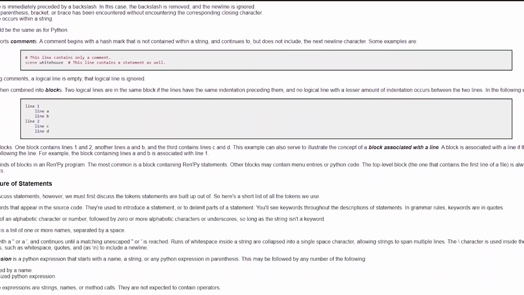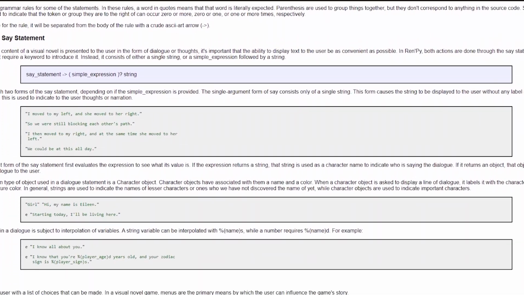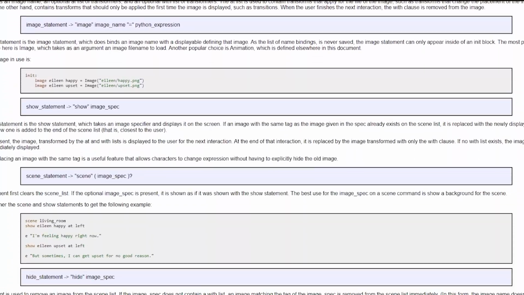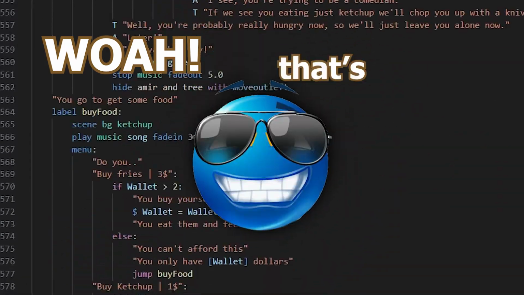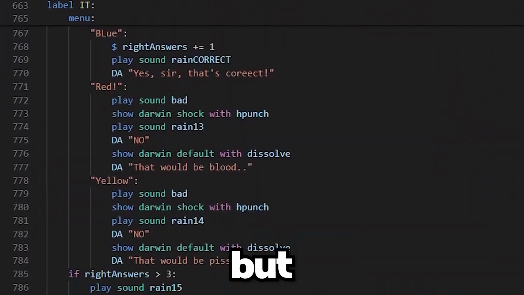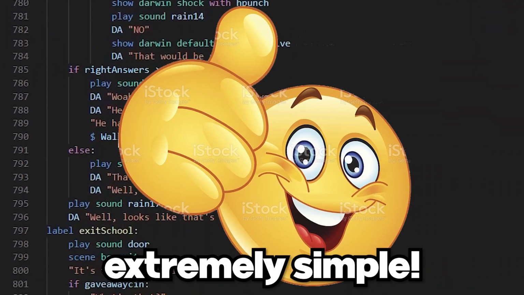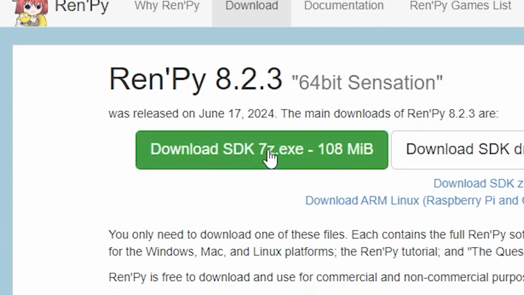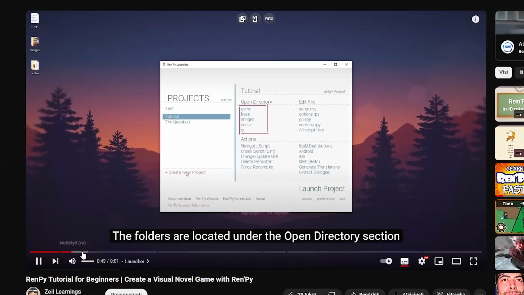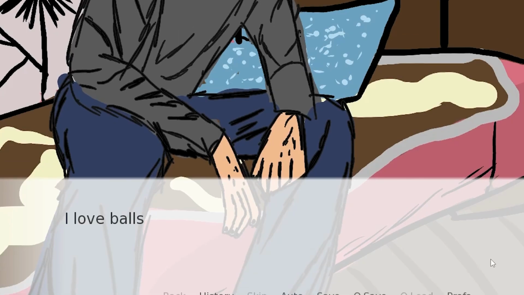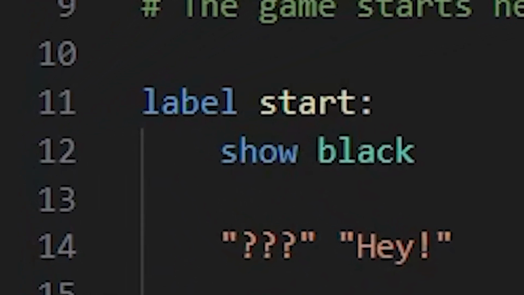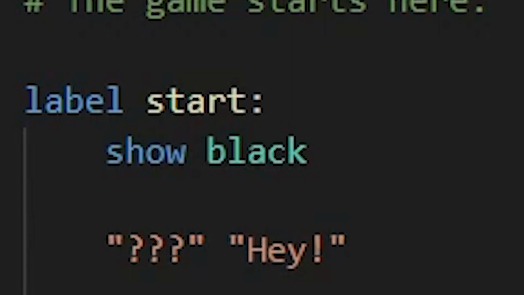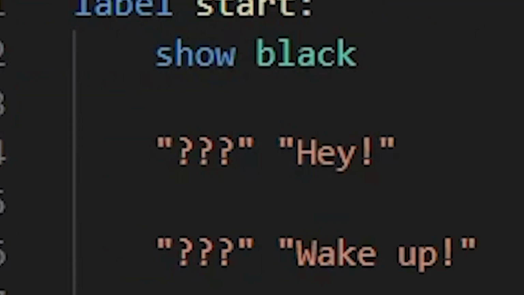Well, sort of code. The Ren'Py code is a very simplified version of coding and not hard to understand, but still, if I zoom through it like this, you'll probably think, "Whoa, that's so cool, that's so much code!" But really, everything here is extremely simple. So I downloaded Ren'Py, watched the tutorial, and was able to make a sprite and text appear on the screen. It's extremely simple. Here's the code to show an image on the screen. You just type show followed by the name of the image, and you just put the text in quotation marks,